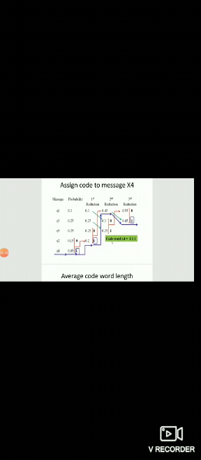This one is the code word for each of the messages. Now we have assigned all the code words to each message x1, x2, x3, x4 and x5. This one is the table we have assigned. x1 with the probability of 0.3 has a code of 00, x3 with probability of 0.25 has code 01, x5 10, x2 110 and x4 111.